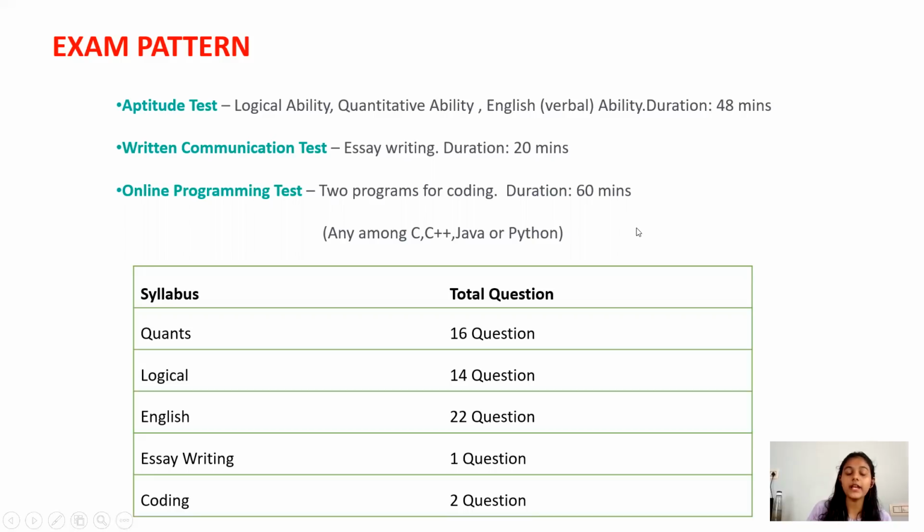Coming to the coding, once again I'm repeating, you can be from a coding department, that is computer science or computer science related branches. You have got the guidance regarding coding from your syllabus itself, but there will be many other students from non-computer science departments who don't have any knowledge regarding coding, right? But still you can learn coding. You have time from now. You just have to take an extra hour every day to learn for this upcoming 1 month.